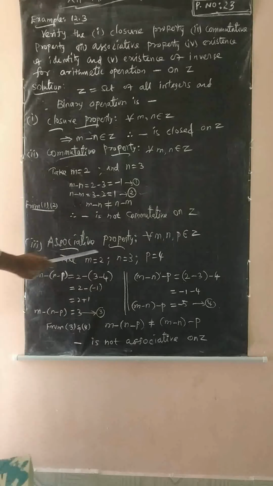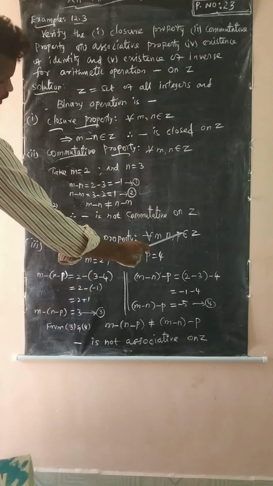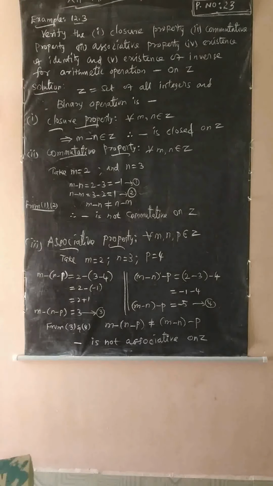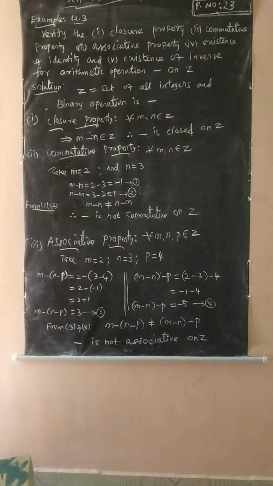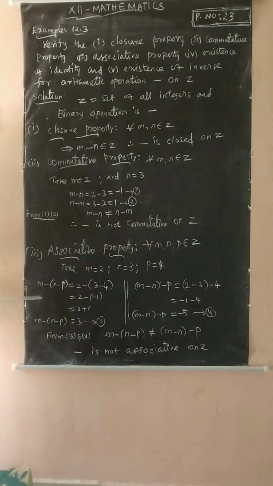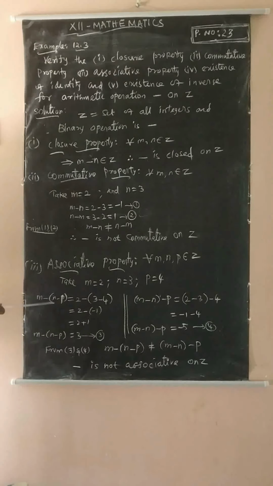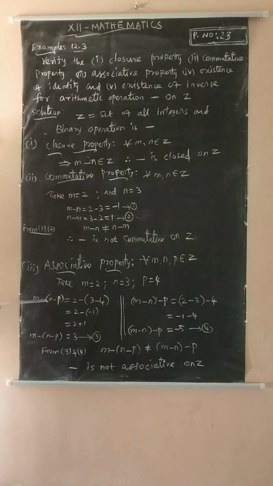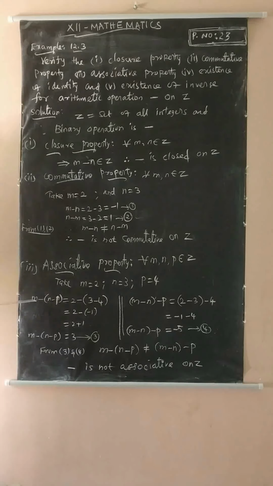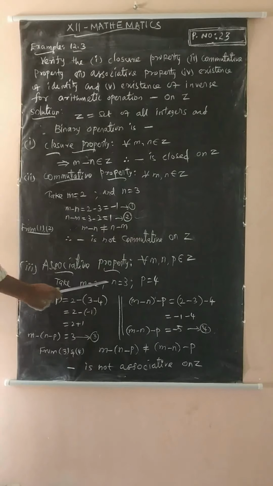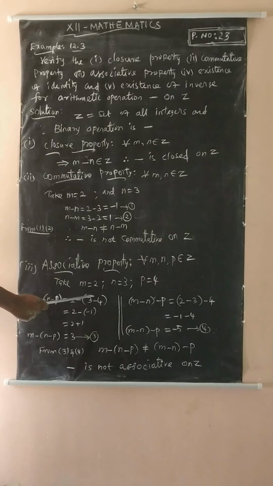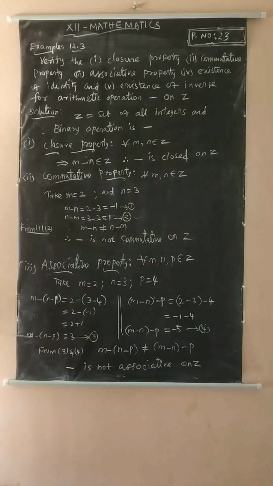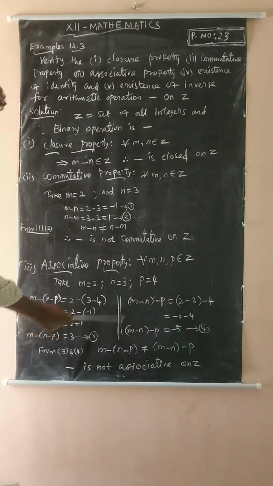And then third property, associative property. For every m comma n, and then third element p belongs to set of all integers. So now take m is 2, n is 3, p is 4. Simple assumption. Okay. Now take right hand side of associative property. Here m star of n star p. Here star operator is what? Binary operator. That means subtraction. So m minus of n minus p is equal to 2 minus of 3 minus 4. So first, subtract the brace term. 3 minus 4 is minus 1. So minus and minus plus. So 2 plus 1 is 3. So m minus of n minus p is equal to what? 3. Take it equation number 3.